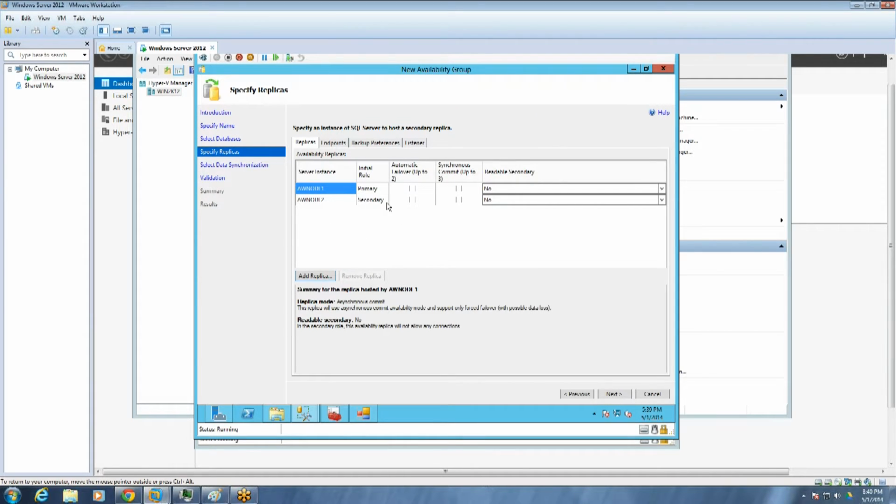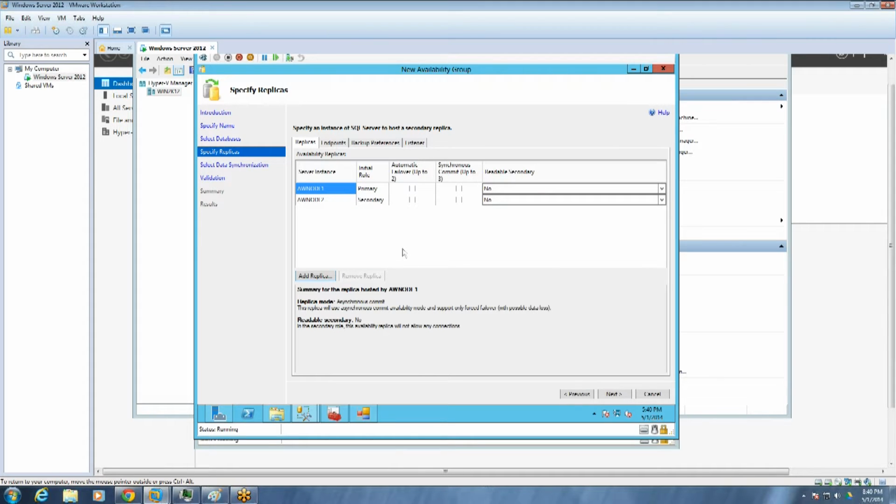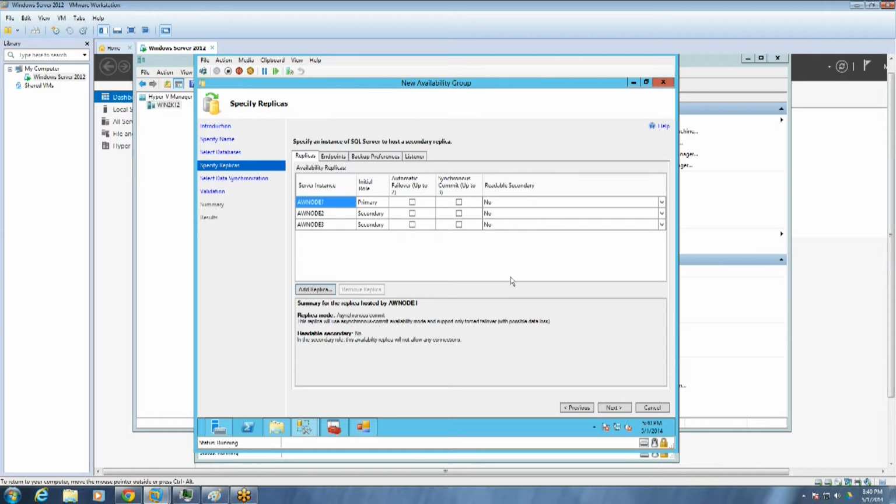It's added as a secondary. Over here you can see the primary and secondary roles. Add the third one, select my third node, and connect it. It will show my third one right here. It's a little bit slow because of the memory, but anyway, it showed up. Now you can do automatic failover up to 2. We can check this one and this one, but we cannot check the third one.